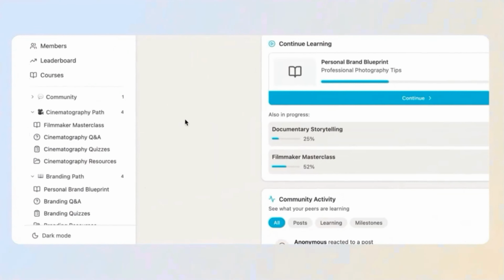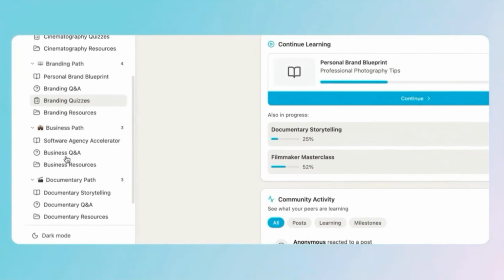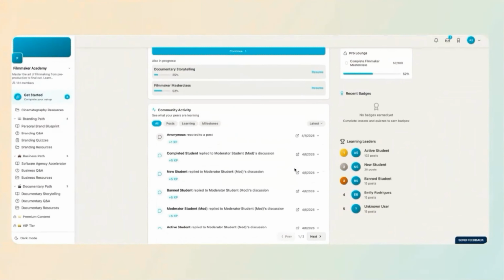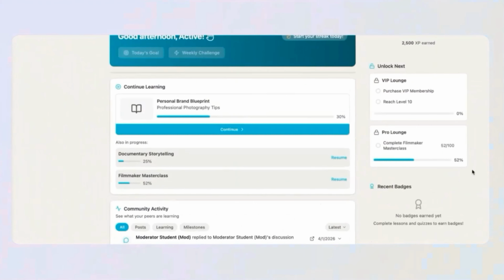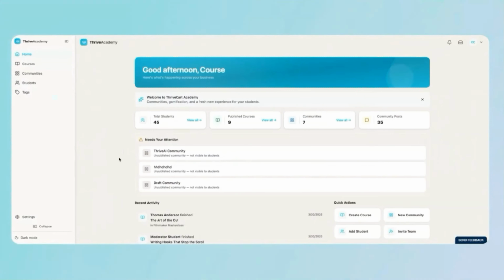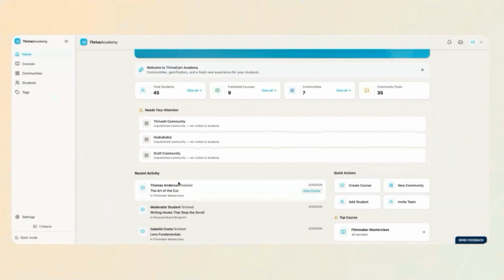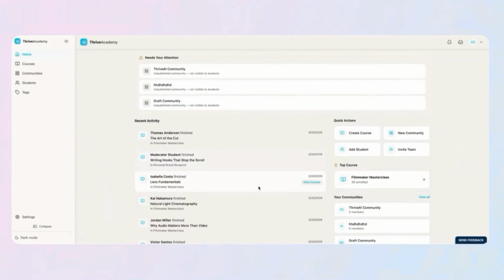And so now with ThriveAcademy, they are really changing the game, because this new LMS system is a community-first LMS. So you can have multiple communities in there. You can host your courses. There's more enhanced features that can really help you to maximize not only your sales and your conversions as the business owner, but it optimizes your customers' experience.